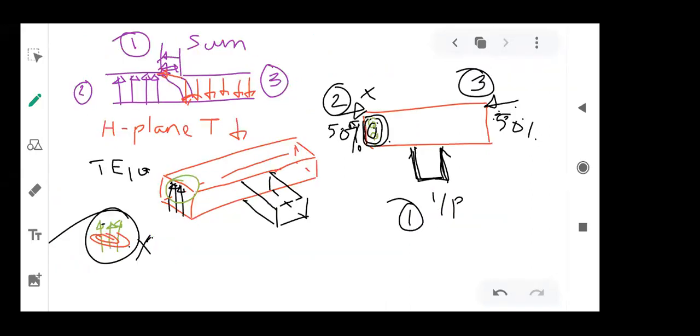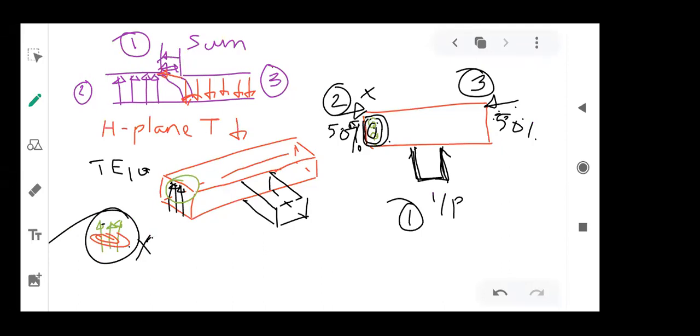Why? Because if you apply a signal at port number 2 and 3 and both are in the same phase, that will get added and you will get output at port number 1. If they are out of phase, then once again the addition of the two signals is going to take place. But since one is positive and another is negative, the addition will be 0. That's why the auxiliary arm in case of H-plane T is also called the sum arm.